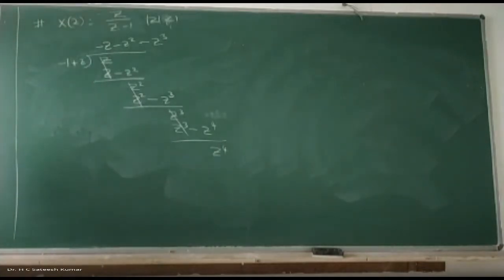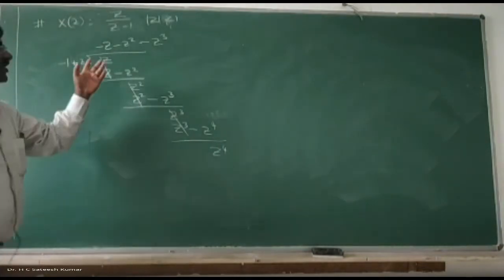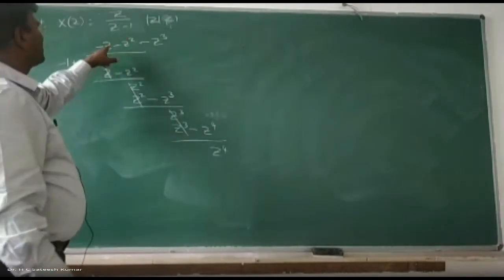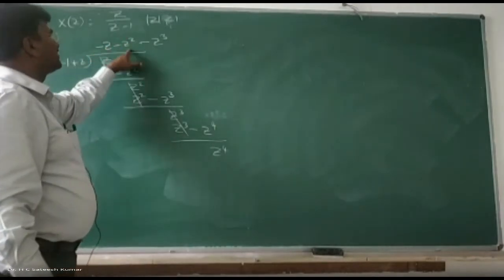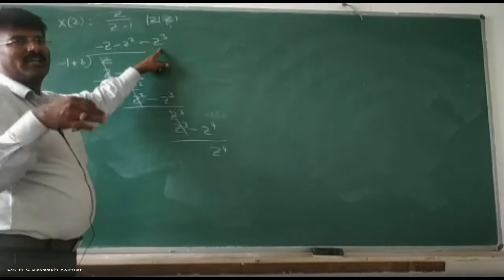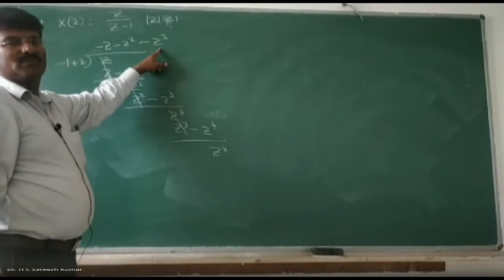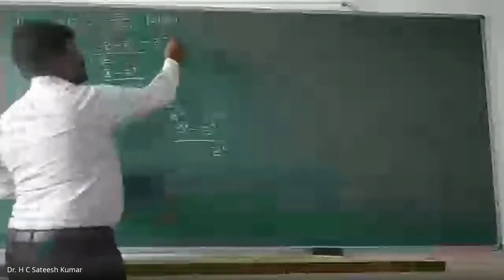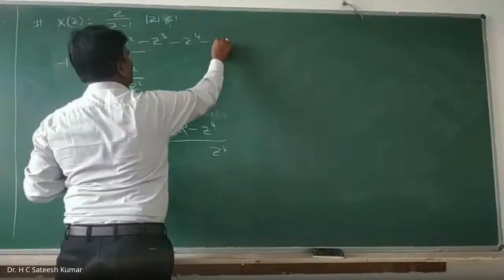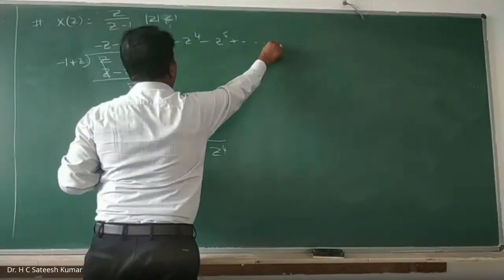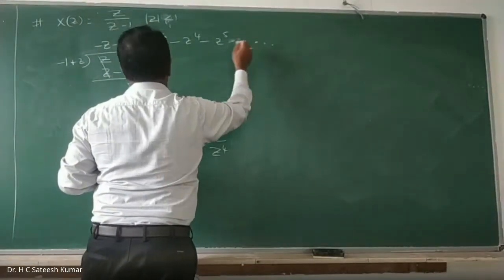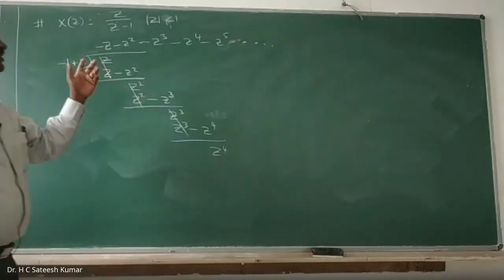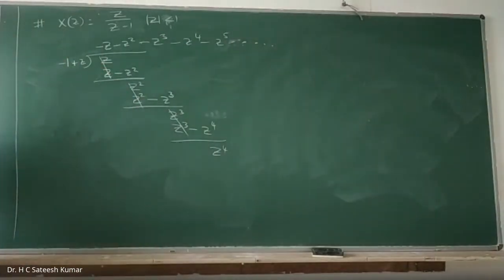Okay, right. So you don't need to do all of them. If you are able to rewrite it yourself, for example, you understand this: minus z square, minus z cube, until you get the idea to write the rest. So what should you write? Minus z to the power of 4, minus z to the power of 5, plus so on. If you're able to write it, you don't need to do it. Do three or four terms, then if you're able to generalize it, do it yourself.